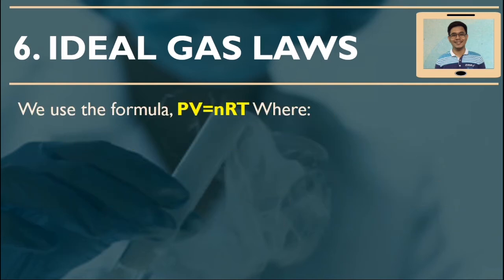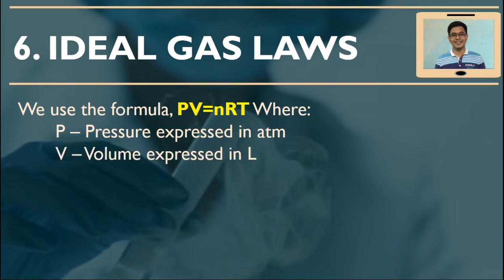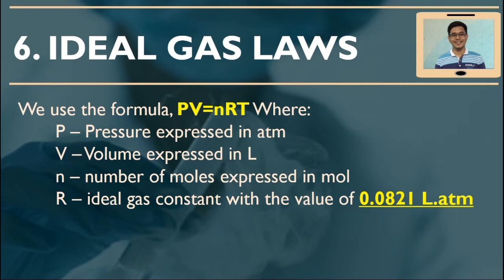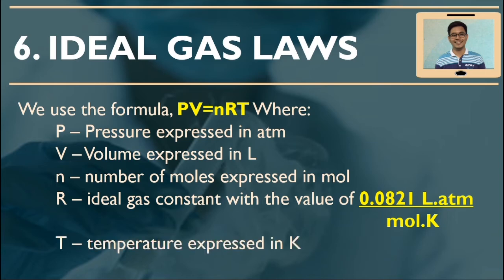And then we use the formula wherein PV is equal to nRT, where our P is the pressure, which must be expressed in atmosphere, volume, which must be expressed in liters, n, or our amount of substance, which must be expressed in mole, and our ideal gas constant, which is represented by uppercase letter R, with the value of 0.0821 liters per atmosphere over mole per Kelvin, and our temperature, which must always be expressed in its absolute temperature,